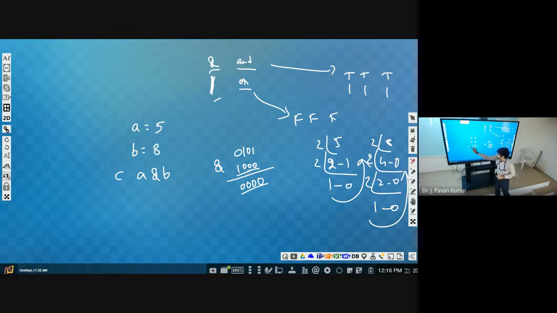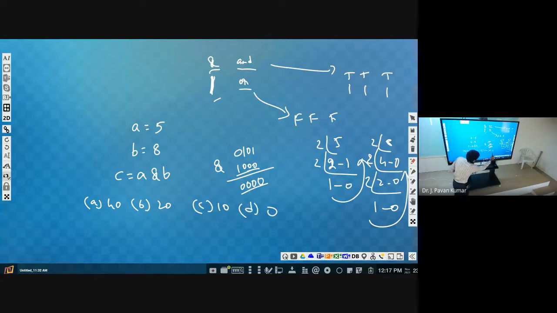Suppose you assign c is equal to a and b. You will get this kind of question in MCQs: a will be 40, b will be 20, c will be 10, d will be 0. Definitely you will not choose d, but the answer is d.